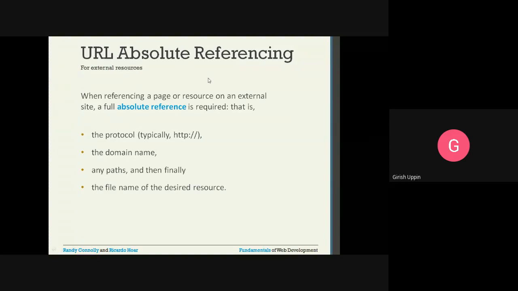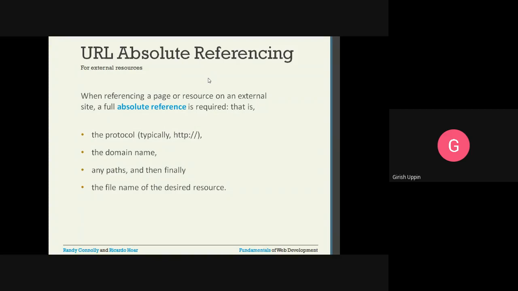In the previous session, we looked into some of the different URLs that included the links and images, and in case of links, how you can give the path. So when we are referencing certain resources, either we can give it as an absolute path. Absolute path is like you will give the complete path, including the protocol, domain name, any paths or resources that are required, so that you can give the access path of the complete web application or the website.